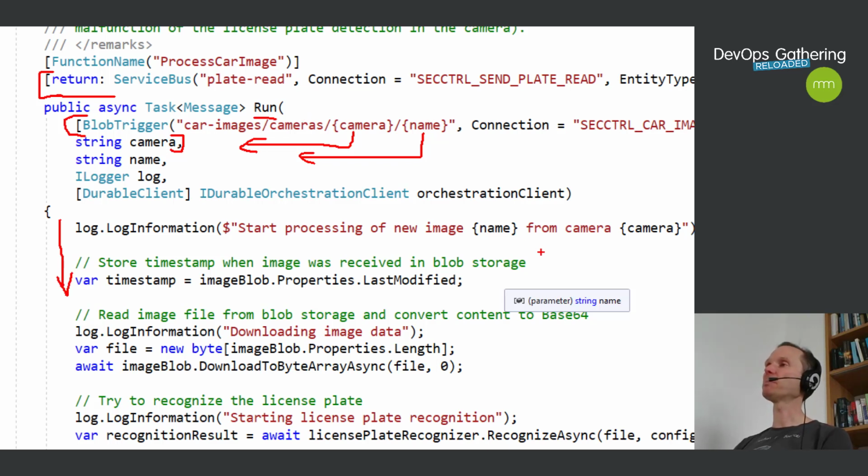image. In my case, I'm downloading this camera image, sending it to a REST API in the cloud, which is a machine learning system detecting license plates, and then I will send a message with the detected license plate into this topic. So the important thing here is that the Azure function at its core, it's just regular C# code. But I do not have to care for triggering the C# function, because this is done automatically by the programming model of Azure Functions. And I do not have to care that my return value is written into a platform, in this case a topic, that can then trigger the next function.